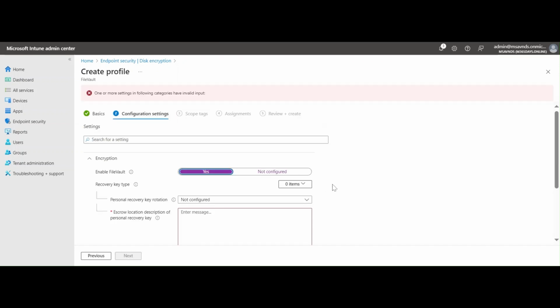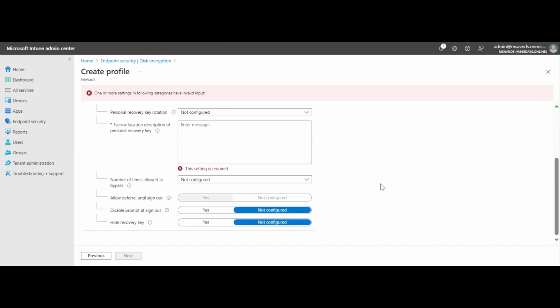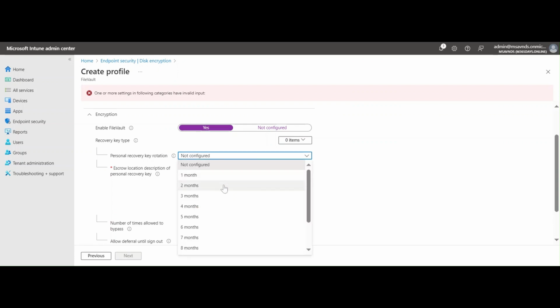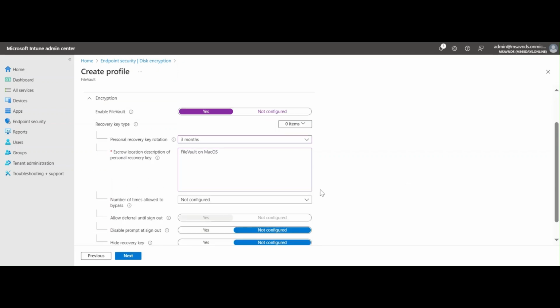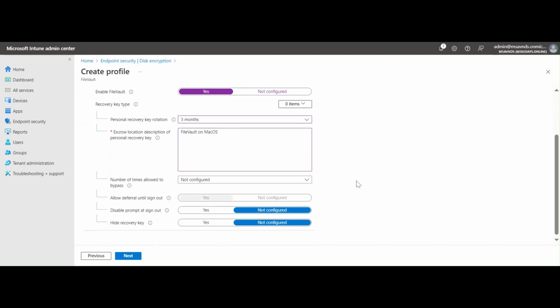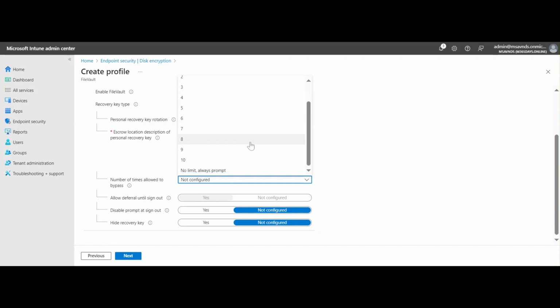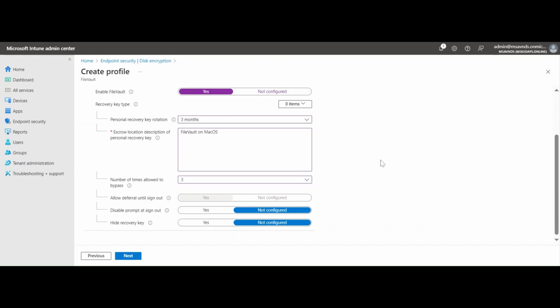So I'll enable it, and here you will see I need to select the personal recovery key rotation time period between 1 month to 12 months. So I'll select 3 months, and you can see a scroll location description of personal recovery key. Here I need to give it some description, and then I can further configure the number of lines allowed to bypass. Let's say 3 lines,